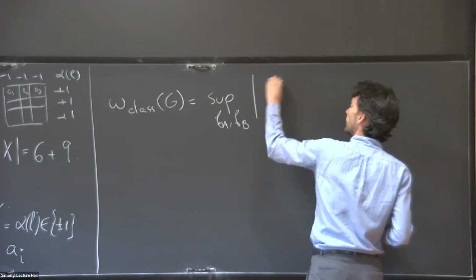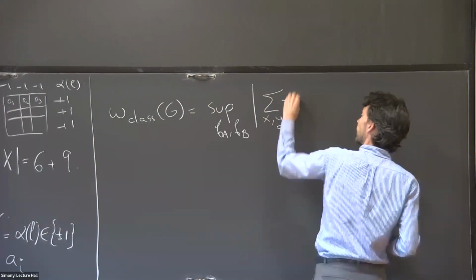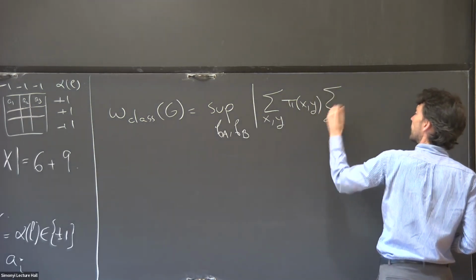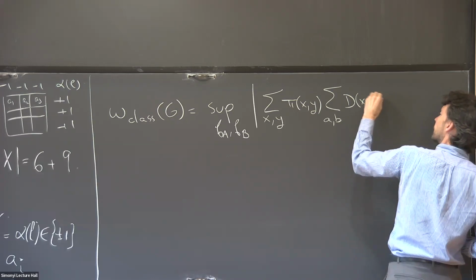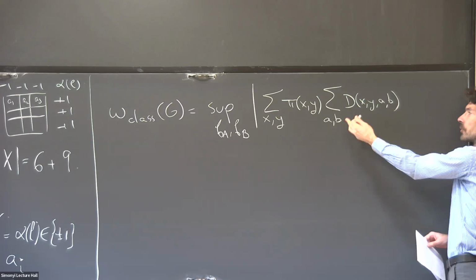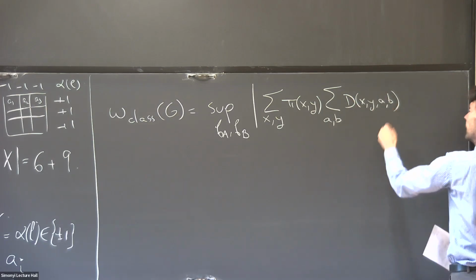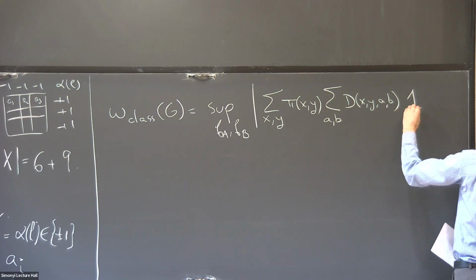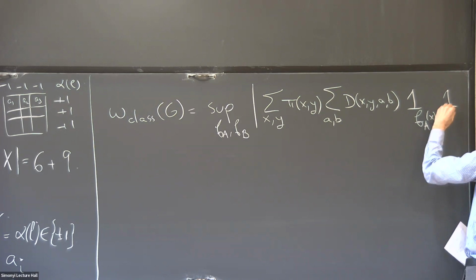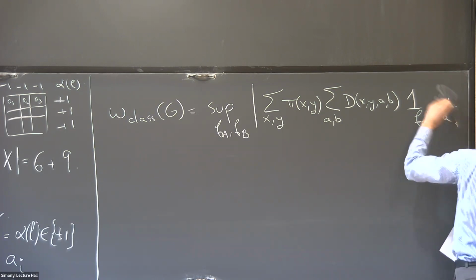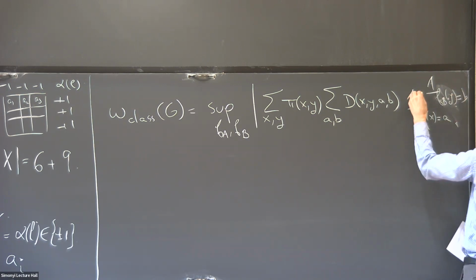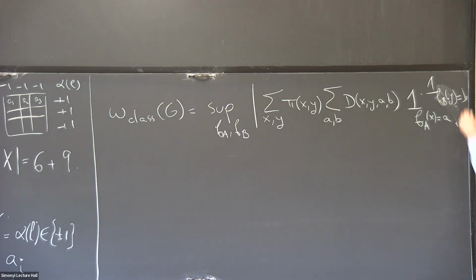So what's the probability that this wins? Well, I select questions X and Y with some distribution pi of X, Y. And then I'm summing over all answers A, B. So effectively, I'm only summing over valid answers, right? Because if this is 0, I'm just not counting it, of the indicator of the first player returning that answer and the indicator of the second player returning theirs. The product of these two indicators.